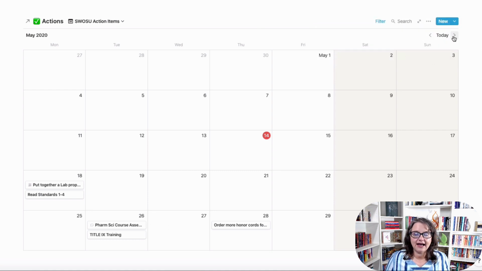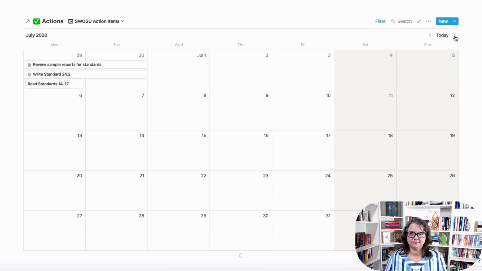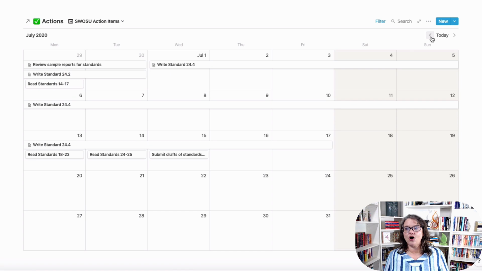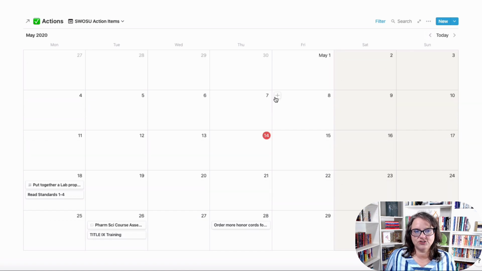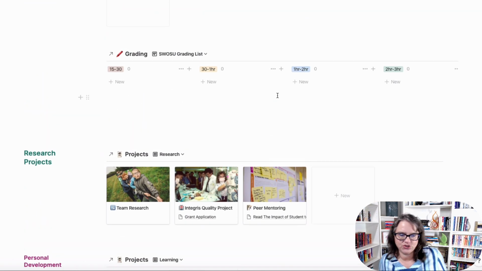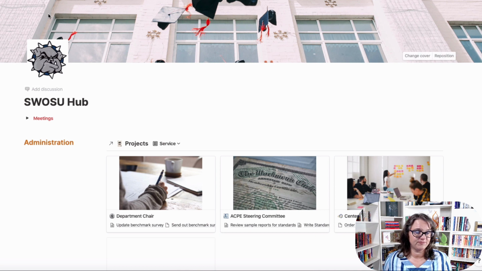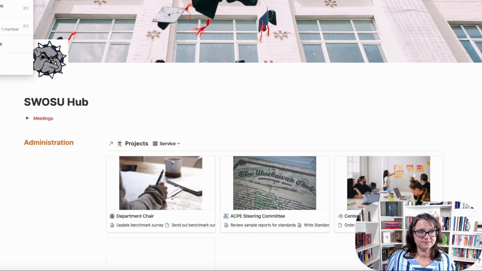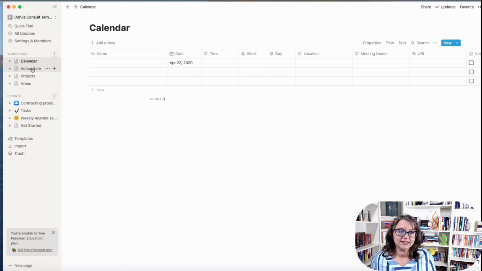And then I decided on a calendar view. You can of course set these views in different ways, but I liked this view for this hub. And so I can click this arrow over here on the right and look at June, look at July, and all of these action items just associated with my SWOSU hub populate. So this gives you an overview of how I've set up a hub related to one area of my life. So let's go back over to what we were working on last time together,